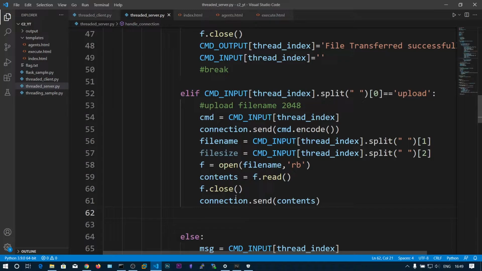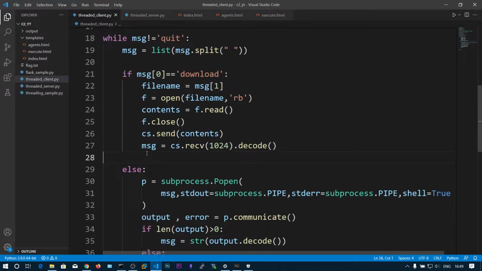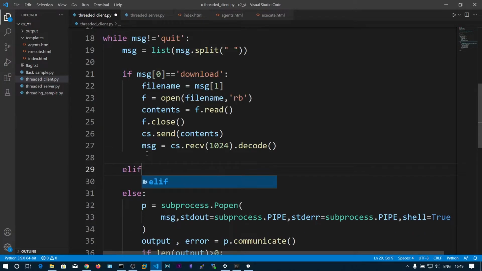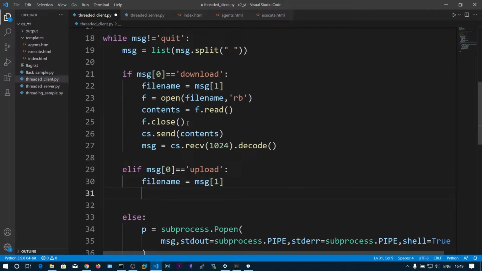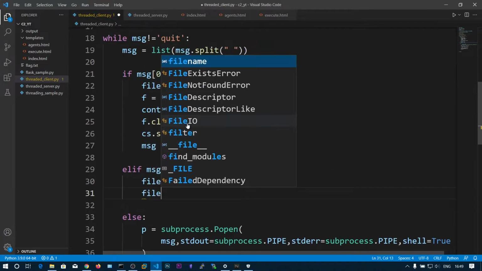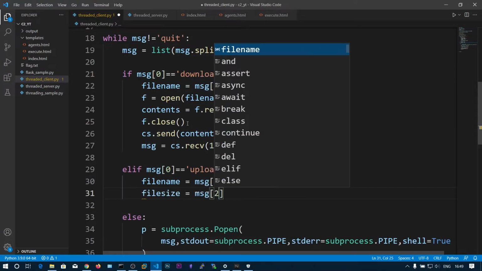After sending, what we can say is, so let's also code this one alongside. Elif message of 0 is upload, then file name is message of 1 and the file size is message of 2.